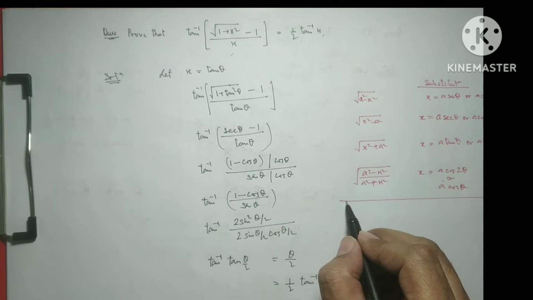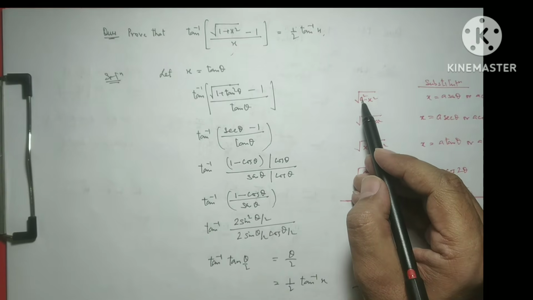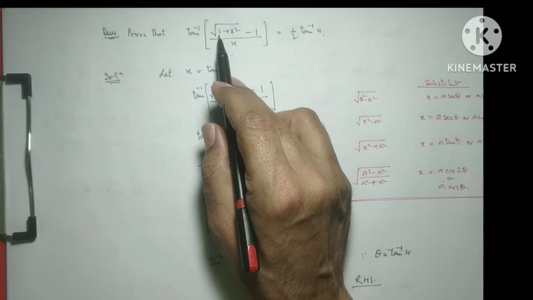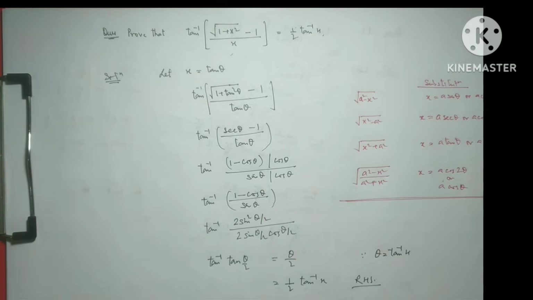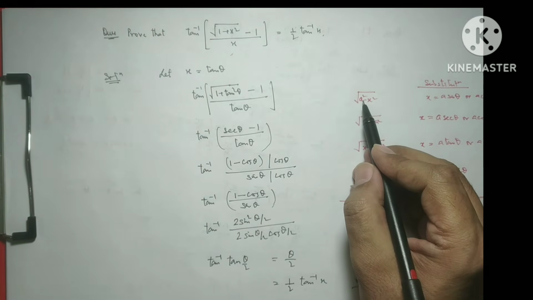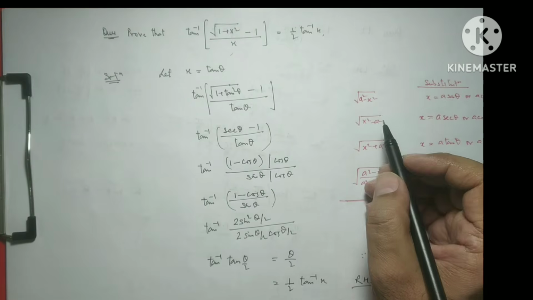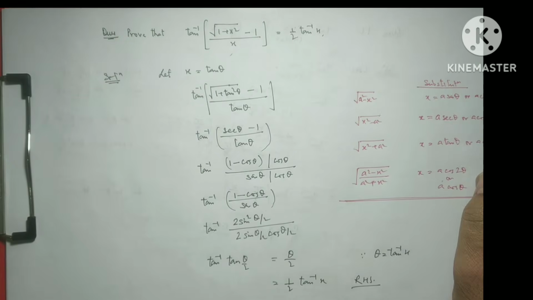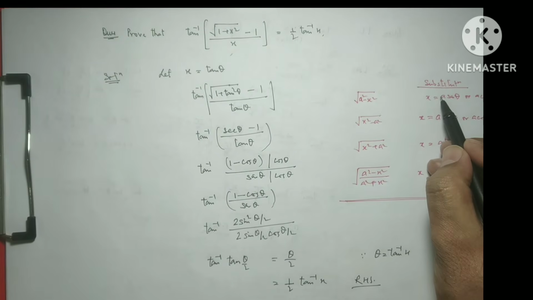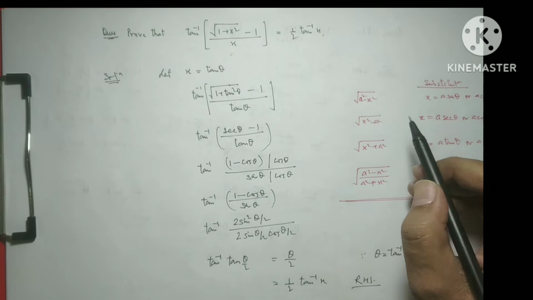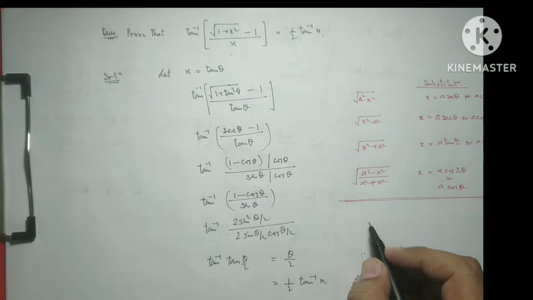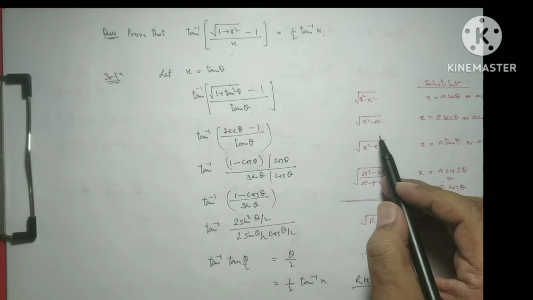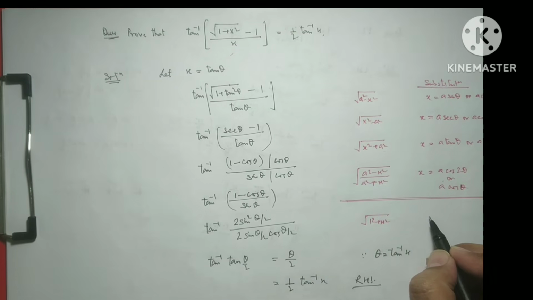And one more thing, if the constant part is 1, like in this expression we have 1 square plus x square, then it means the value of a is 1. Then we will substitute these expressions, but we will consider a as 1. Like according to this, if we pick 1 square plus x square, if a is 1,